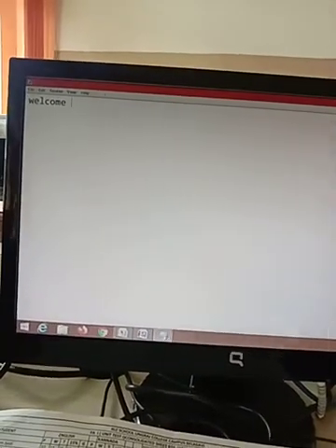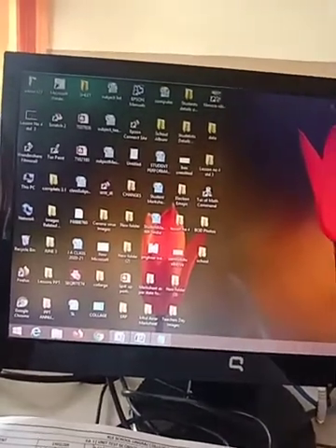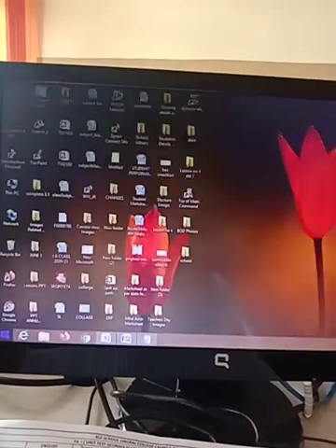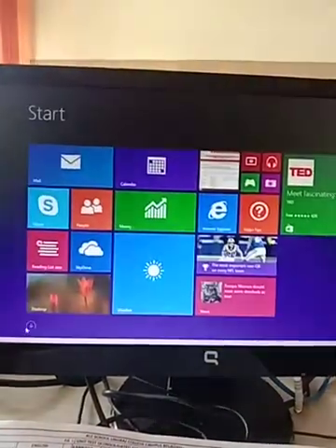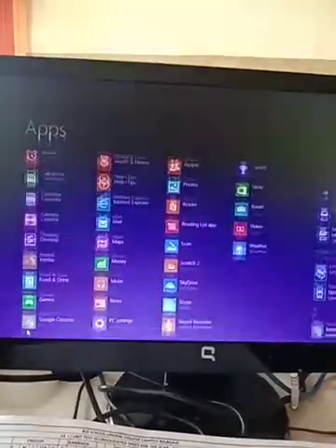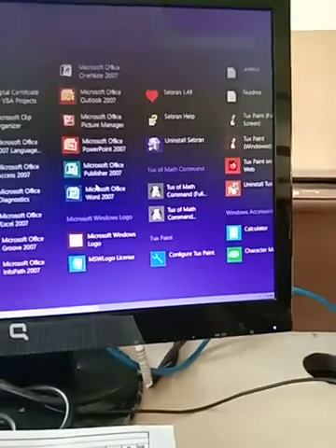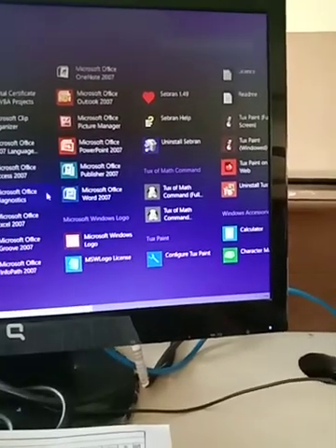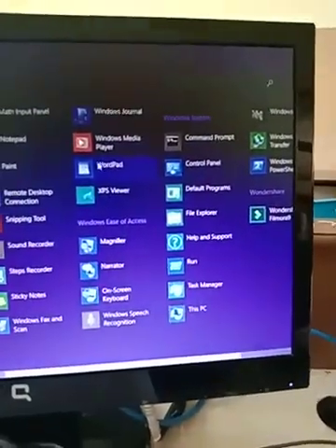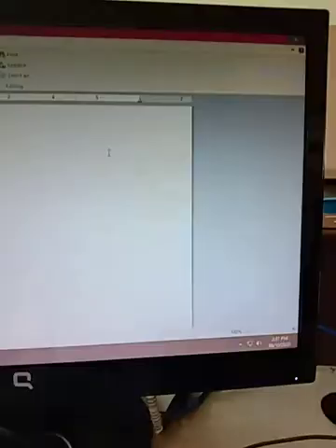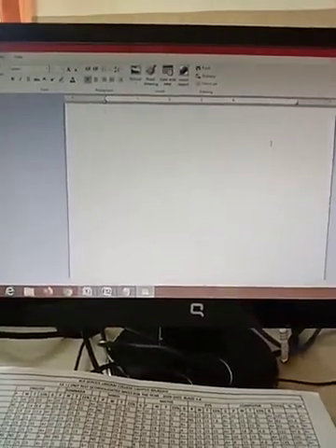Apart from this application, we have also studied one more application which is used for typing, that is called WordPad. So I will click on the Start. I will click on the All Programs. So now you can scroll the mouse. When you scroll the mouse, you will get the WordPad here. You all can see this is WordPad, children. So I will click on this. So this was one more typing application which is used for typing.